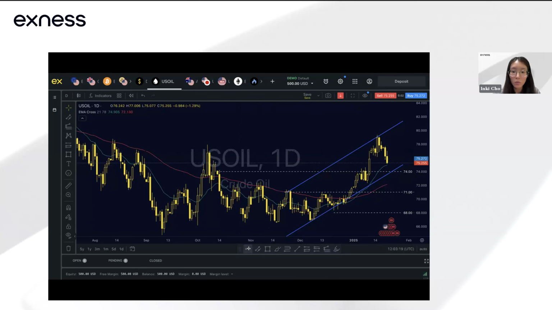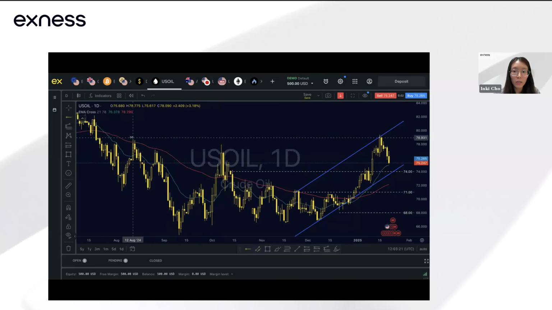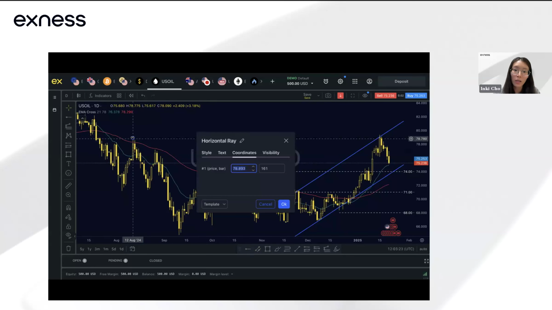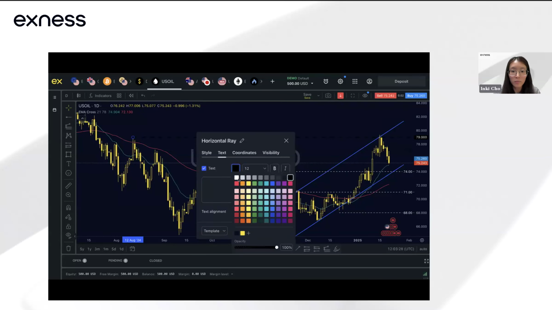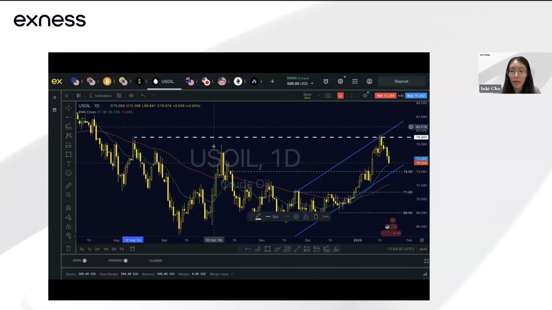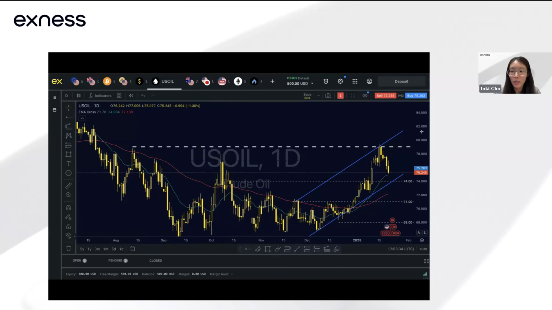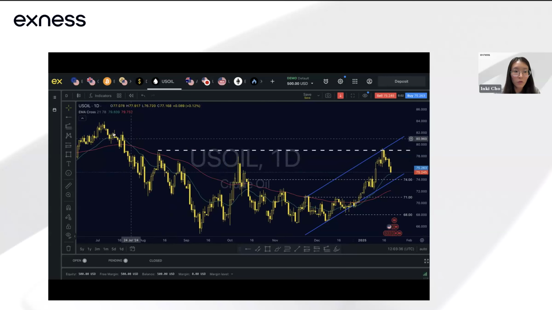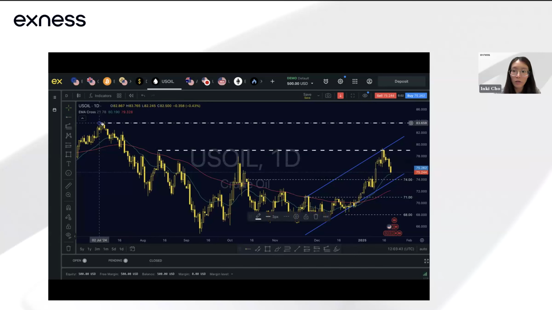In terms of the resistance, we are seeing that pullback, and this pullback really comes in at the 78, 79 level, around the 80 region, this area over here. Okay, so this 78, 79 level, and if price breaks above it, just based on graphical levels, we can see this high over here that we saw back in July, the 84 level, the high before we saw that pullback. So the most recent price action on the daily time frame for me is still bullish.